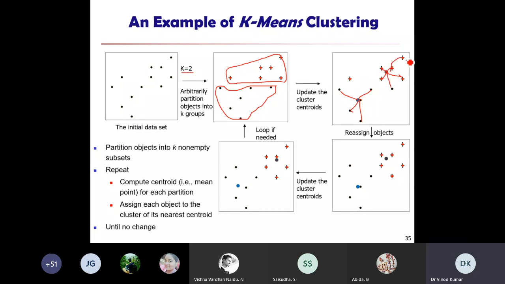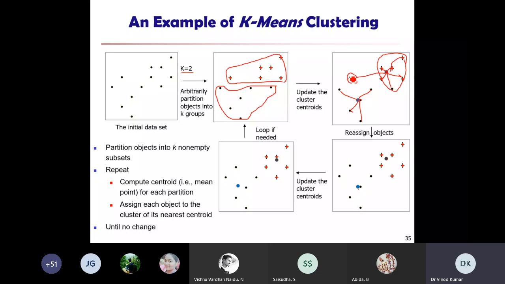Because these are near to this one, that's why it came. One more item you can see here. So this measured distance is like this. After the centroids we have chosen, we have assigned these items to the clusters around the centroids, so this one and this one.